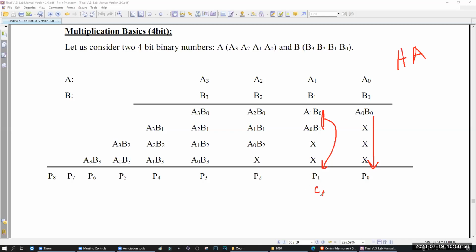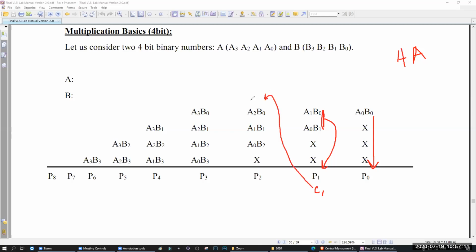Where will this C1 go? Next column. So this C1 will go to the next one, that means here.